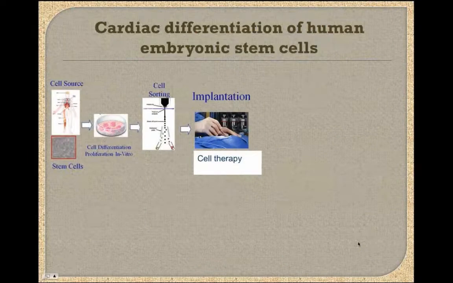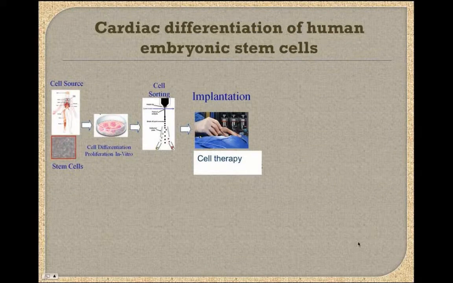Okay, so why do we want to look at stem cells? Well, for example, in case of an organ failure, the most common type of treatment is transplantation. But we're all aware of the limitations in terms of availability of organs and so on. So stem cell therapy has been an emerging technology where the aim is to obtain human embryonic stem cells